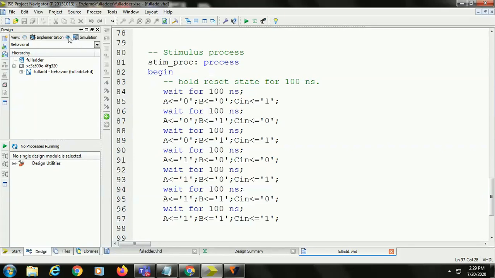After clicking on this simulation, click on this one, so here you will get the file. So now we can see the iSim simulator here. In this iSim simulator, click on check syntax. If you have any syntax error, it will display the syntax errors here. There are no syntax errors here, so then proceed to simulate behavioral model. After double clicking on simulate behavioral model, it will display the actual output.